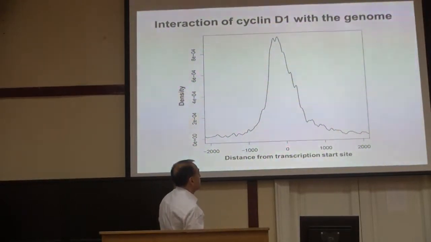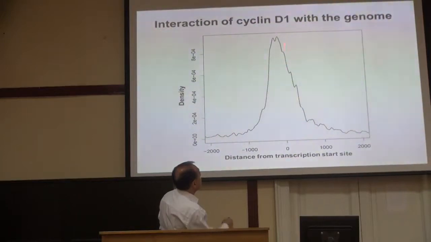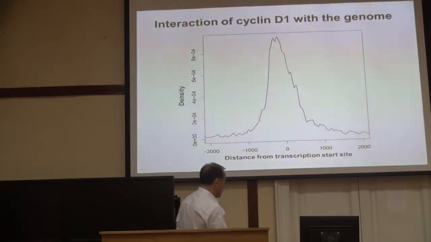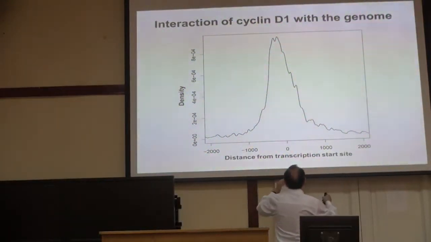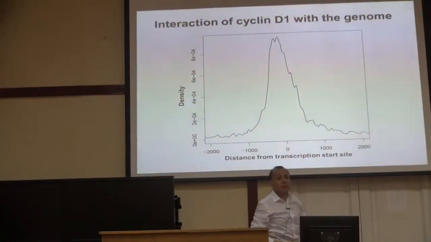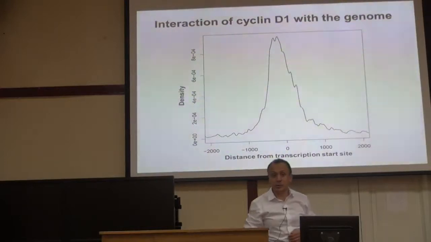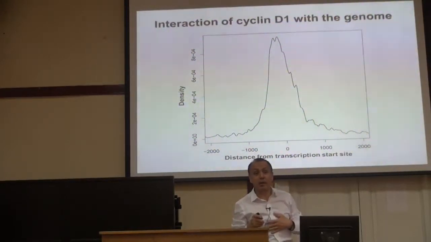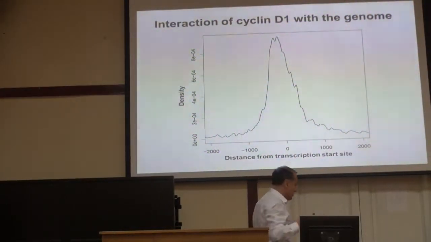When this is the transcription start site, this is upstream, this is upstream, and this is the density or the fraction of the cyclin D1 bound site. As you can see, the overwhelming majority of cyclin D1 binding sites are around the transcription start site. So now with this knowledge, what we could do with the help of our bioinformatics colleagues, we could take all